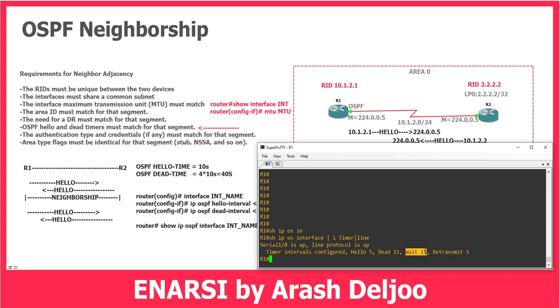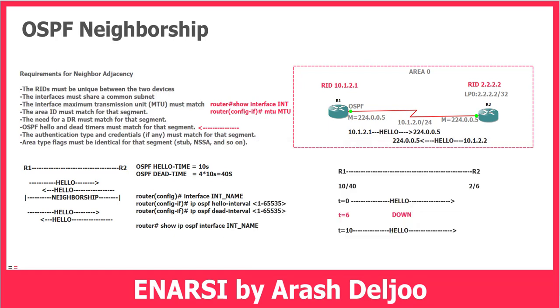Wait is used in the DR/BDR election, and the retransmit timer is used when we send one packet from R1 to R2 but we didn't receive the link state acknowledgement. This is related to the link state. We should wait 5 seconds, and after 5 seconds we can retransmit the data or link state to the other